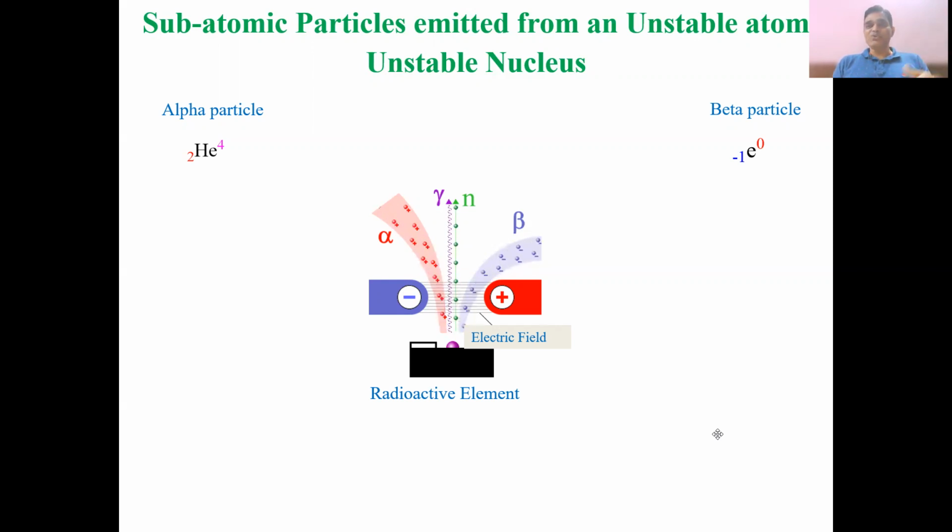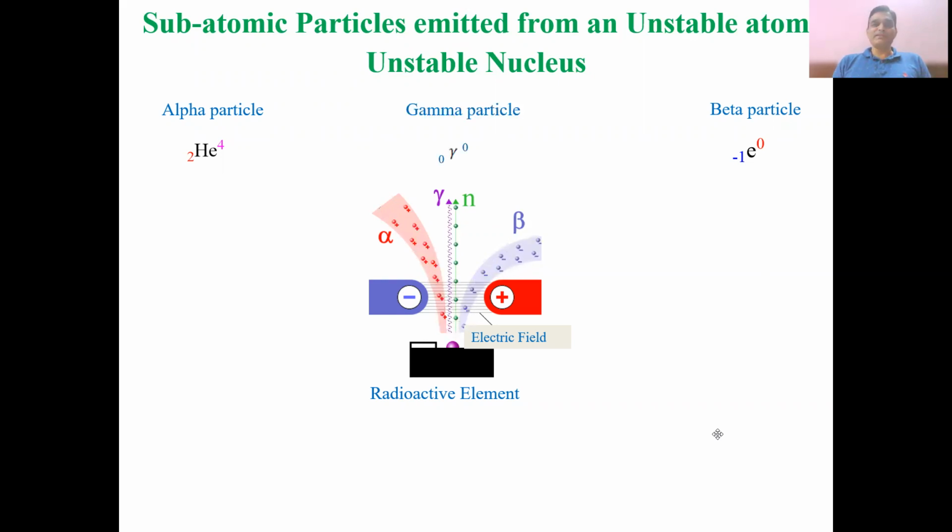The beta particles are nuclear in origin, because these beta particles are continuously emitted from the unstable nuclei, while the electrons are present outside the nucleus, revolving around it. So that's the difference between the beta particle and the electron: the representation of both is the same, but they differ in their origin. Beta particles are nuclear in origin, while the electrons are present outside the nucleus in the different shells, or you can say in the electronic energy levels.